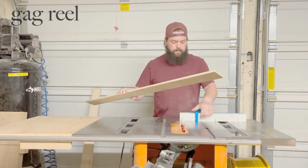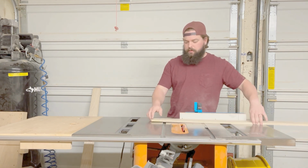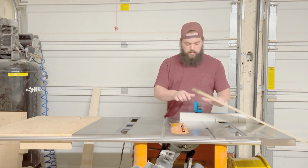Now, your first cut is just to establish your angle, okay? So you need to